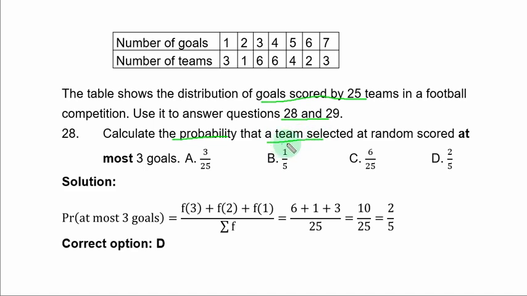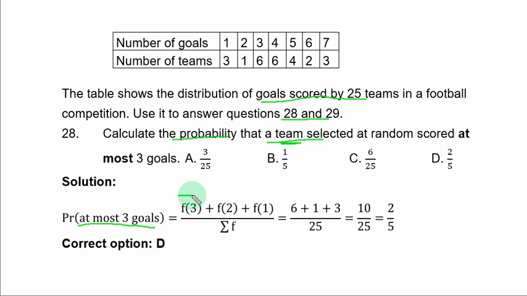We are interested in the team, not the goal per se. You get that? So solution: probability at most 3 goals means the frequency of the team that scored 3 goals